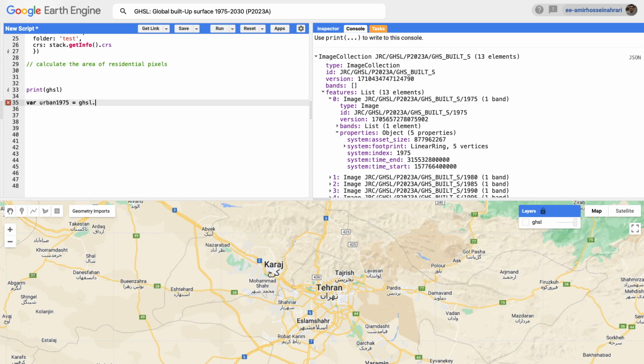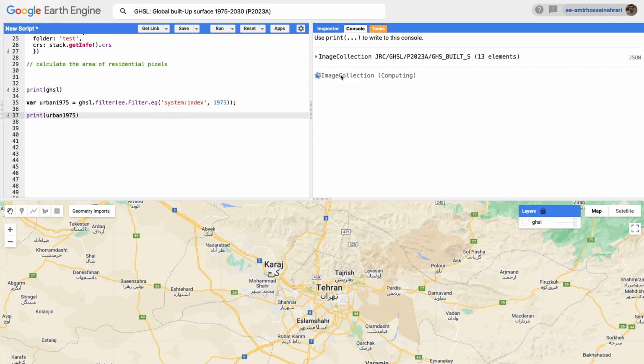From GHSL product, as I'm going to select based on the properties, I need to use filters here. Dot filter, ee.Filter.eq: please select the image in which the system index in the properties equals 1975, and then print the result to check the